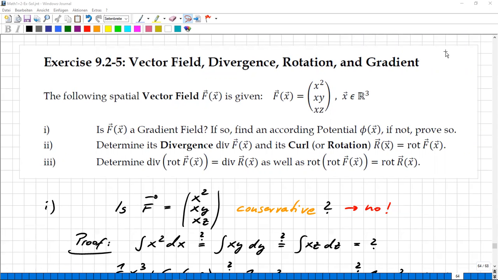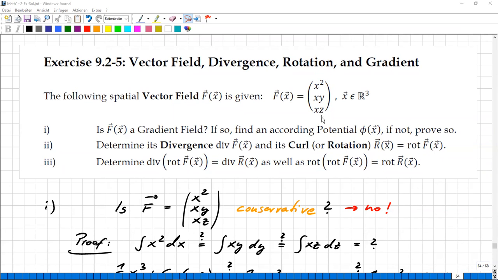Next exercise, which you can see here, we're still concerned with everything about divergence, rotation, and gradient. But this time, the focus is on a given vector field instead of a corresponding potential. Much the opposite in comparison to the previous one. I will explain. So the following spatial vector field, spatial always means three-dimensional, is given, and it strikes you that